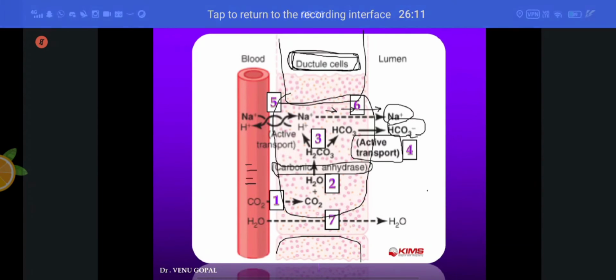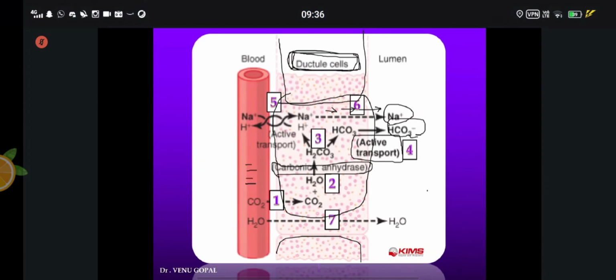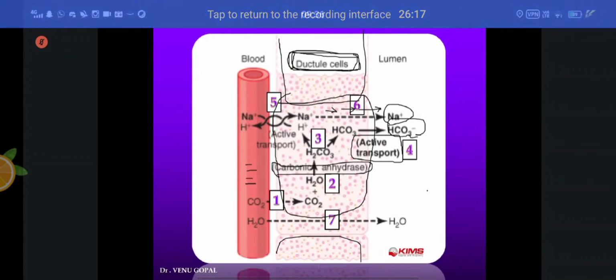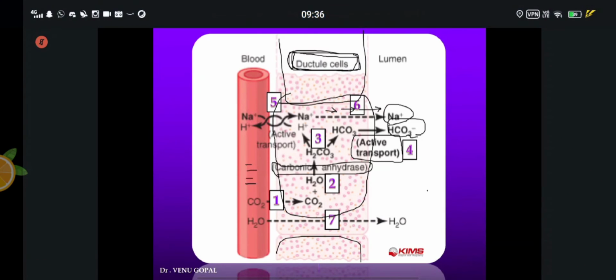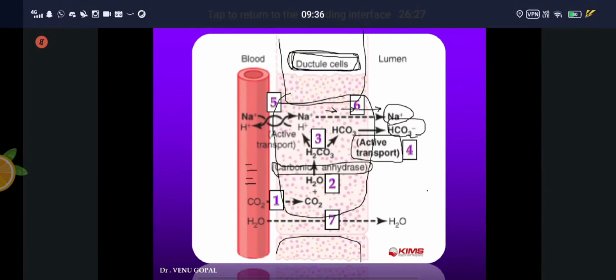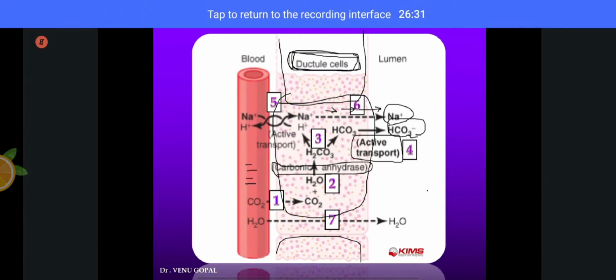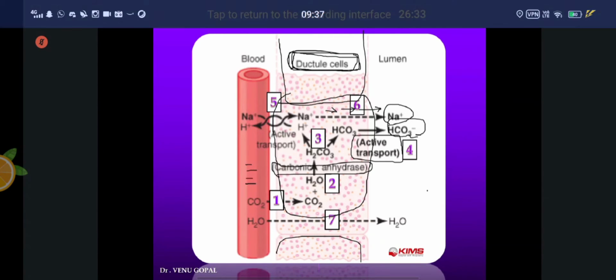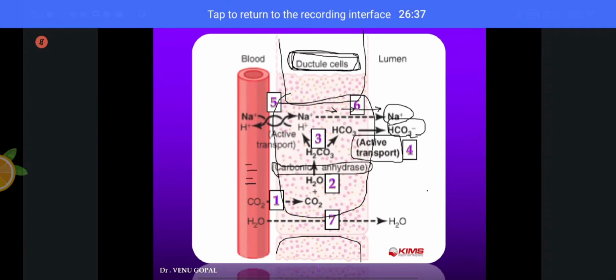Is it okay now? With this, in the past 30 minutes, we have completed the introduction to pancreatic juice. That is the alkaline medium, along with the bile that is also alkaline. Both will be released together into the duodenum. Both are alkaline in nature. The number one function of the alkaline nature of bicarbonate is to neutralize the acidic chyme. That you need to mention all the time.